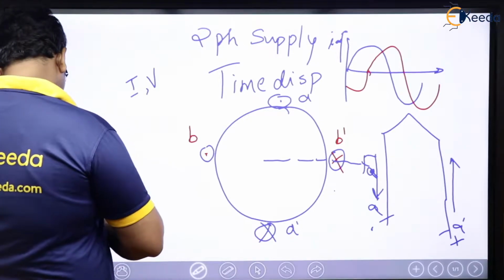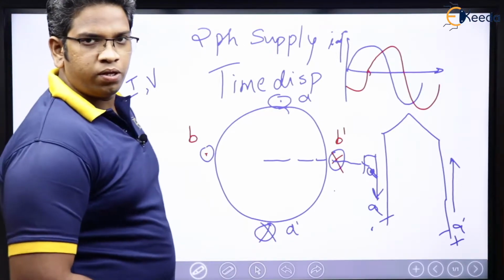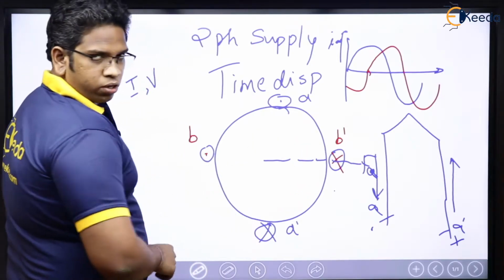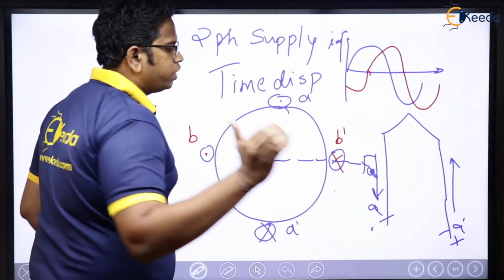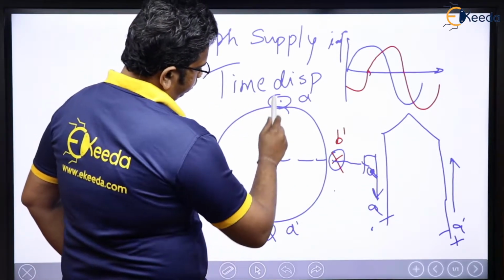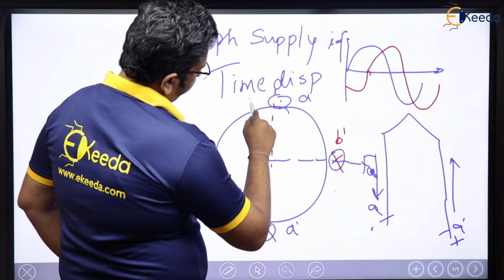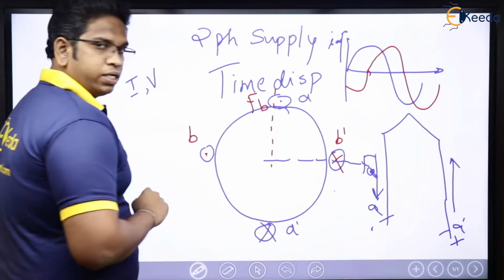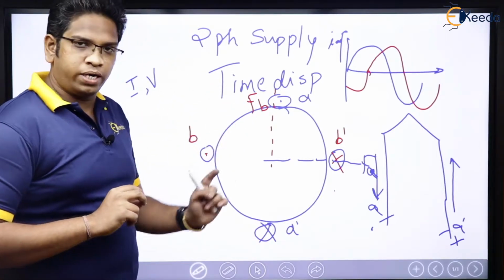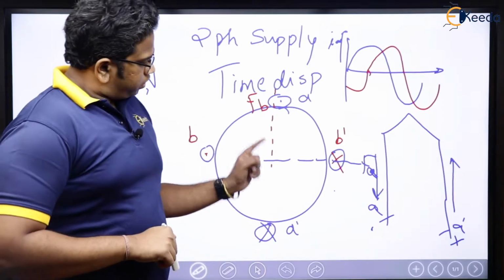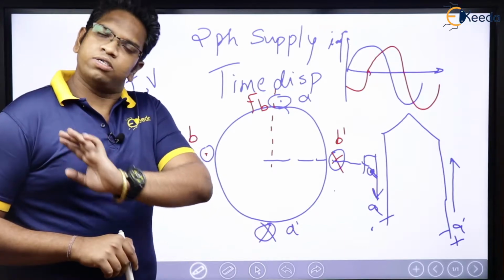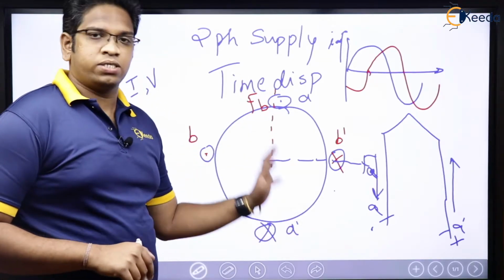Now, if we talk about B, let us see what is happening. B is what? This is cross and this is dot, which means current is going into the board here and then coming out from here, which means again upwards. So this is going to be the axis of MMF of B, right? And then we discussed about it. Now we have understood what is a space displaced winding, that whenever the axis of MMFs are displaced, we call those windings as space displaced windings. That is what we have revised just now.